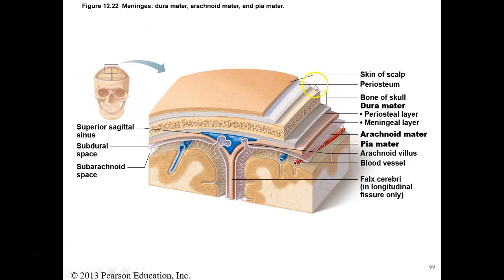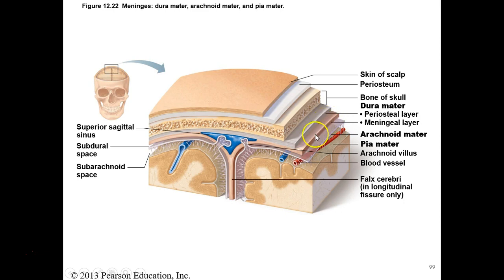So the main purpose of this slide is to illustrate the three meningeal layers that are found, in this case, on the surface of the brain. So we've got the skin of the scalp, and then we've got the periosteum overlying the skull table, or the table of bone that forms the cranial bones here. And then deep to that, we have the two layers of the dura, the layer that is normally applied to the inner surface of the cranial bones, and then the